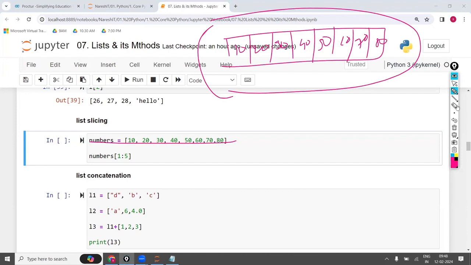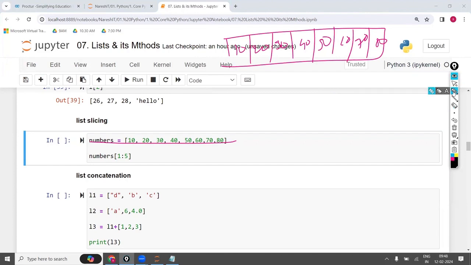What is indexing? The positive indexes are 0, 1, 2, 3, 4, 5, 6, 7, and the negative indexes are -1, -2, -3, -4, -5, -6, -7, -8.